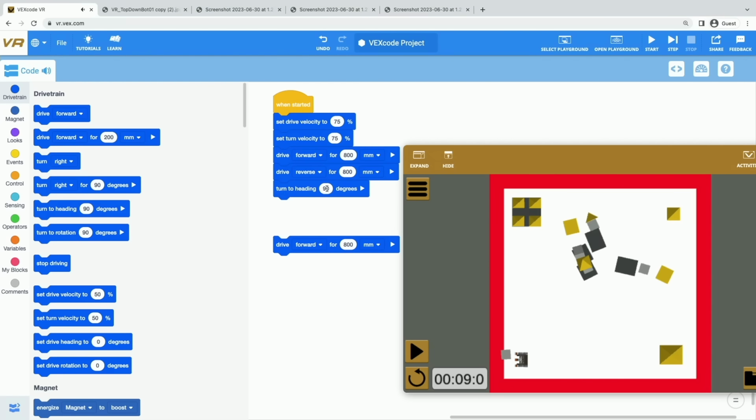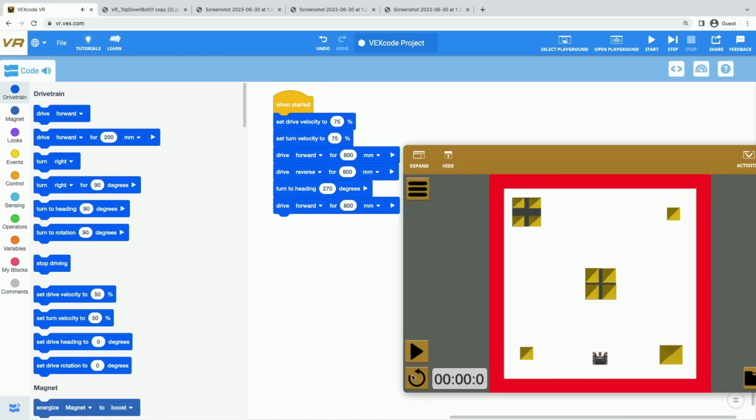Now we want to keep that turn to heading 270, so I'm going to change that parameter to 270. And then I'm going to put this drive block back. Now, when I reset my project, let's see if it does the same thing and crash that bottom left castle. So here we go. We drove forward, we came back, we turned around, and we did it. And we crashed that bottom left castle.